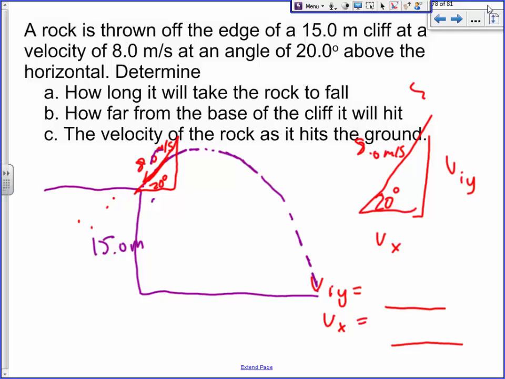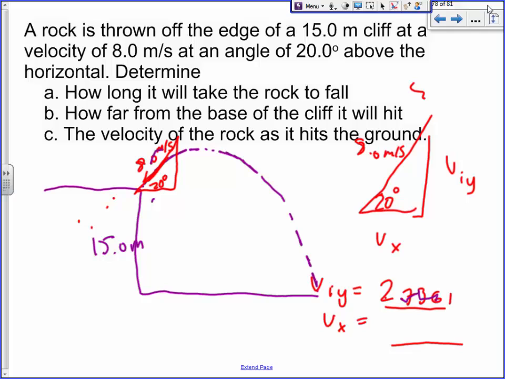So the y one is going to be involving sine of 20 times 8, and the x one is cosine of 20 times 8. I can actually get these ones as well. Wait, the sine one is going to be for y, because it's going to be opposite over hypotenuse. And then the adjacent one, so x, will be cosine. Did I say that right? So 8 times sine of 20. Okay, so I've got